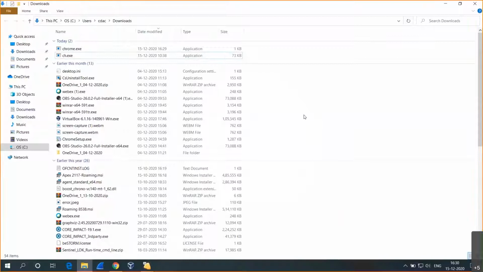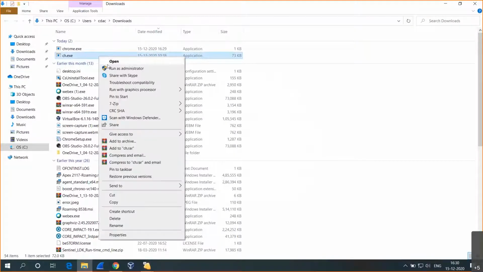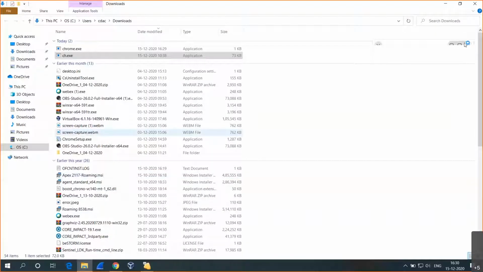Instead of creating one more payload, I have already created another payload called ch.exe, which I will install with administrative privileges, and we'll check.